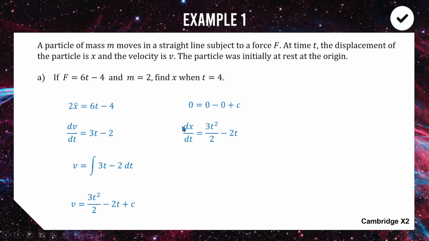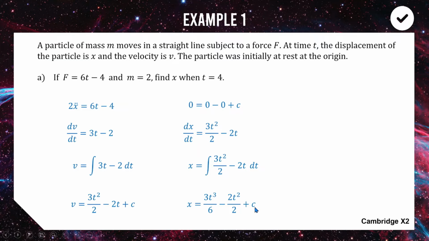So we can go back to our velocity, sorry. We can write the constant as 0, and now we're going to write the velocity as the derivative of displacement with respect to time, because we're going to integrate once more to go from velocity to displacement to answer the question. So integrating once more, we get 3t cubed over 6, take away 2t squared on 2, and